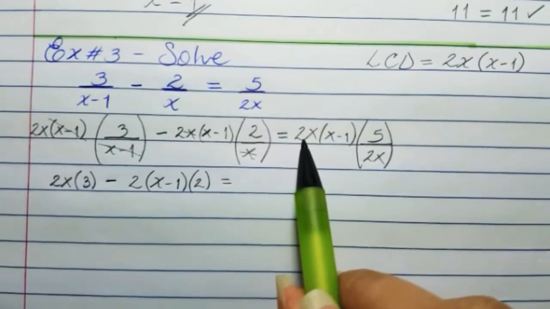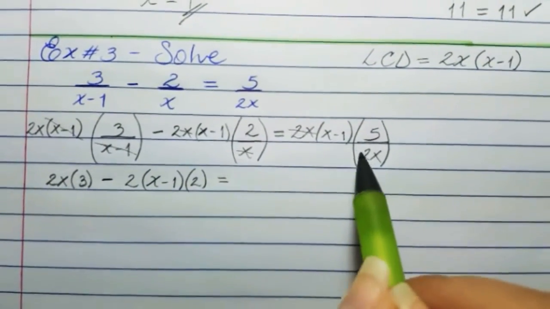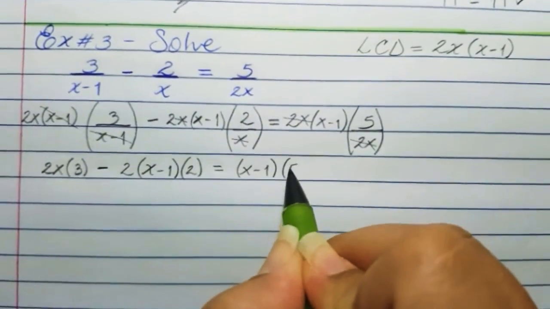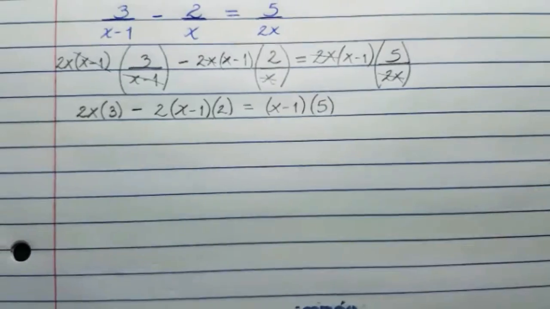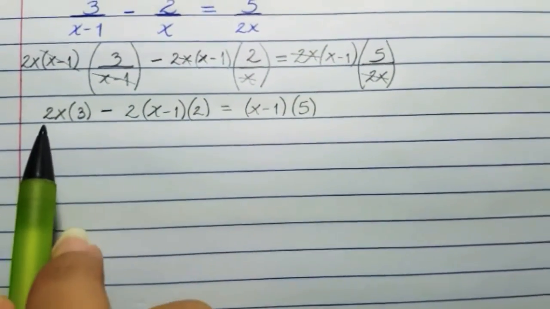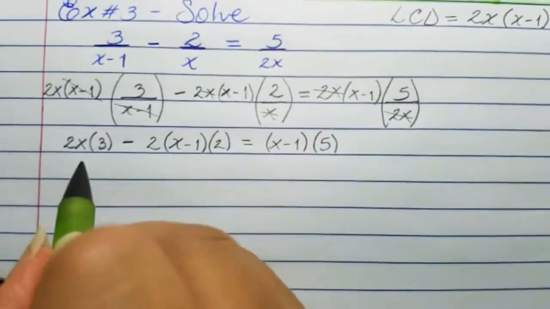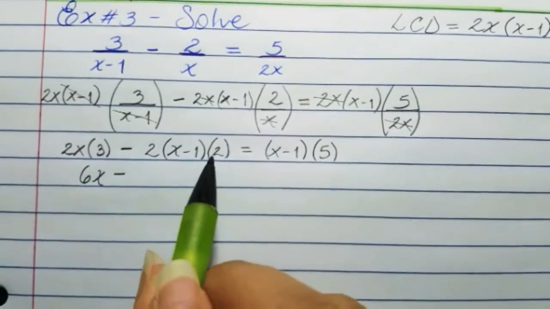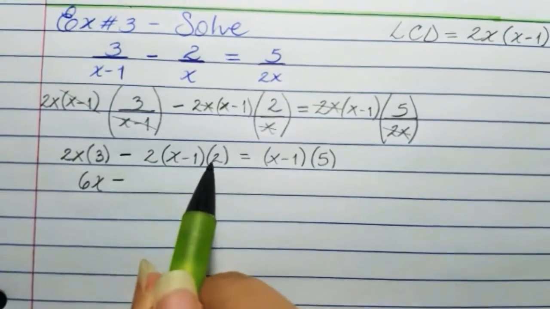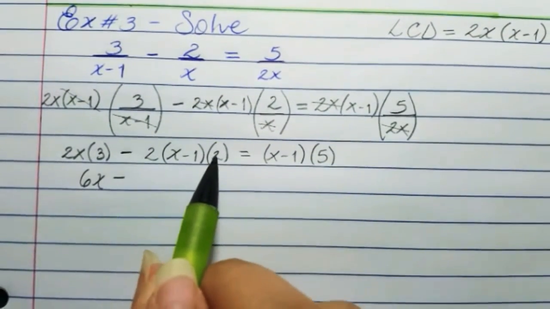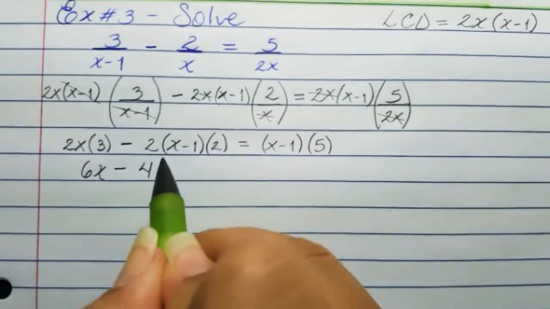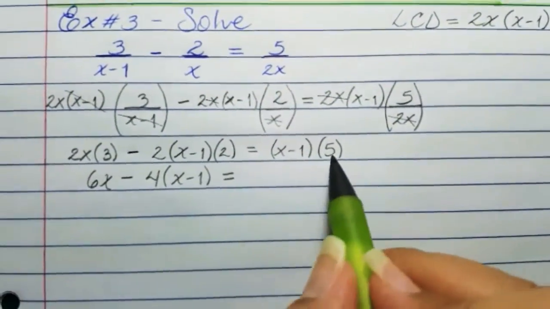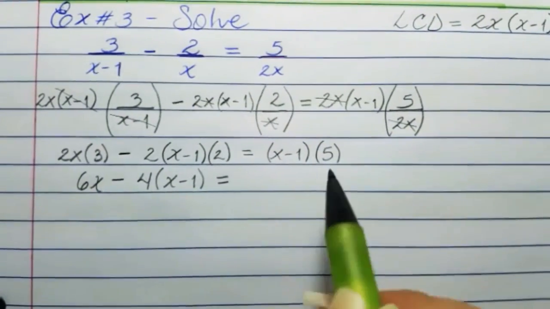The 2x can be cancelled with 2x, and now we have x minus 1 times 5. Let's simplify all of those. 2x times 3 is 6x minus. Since the 2's are outside of the parentheses, I'm going to multiply. 2 times 2 is 4, and then x minus 1 equals,